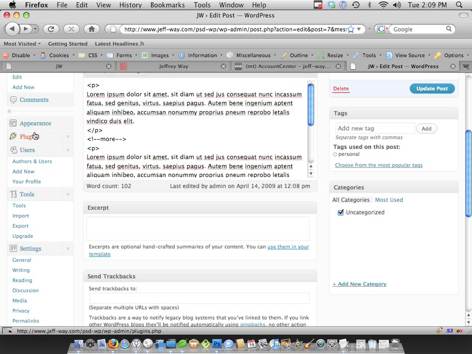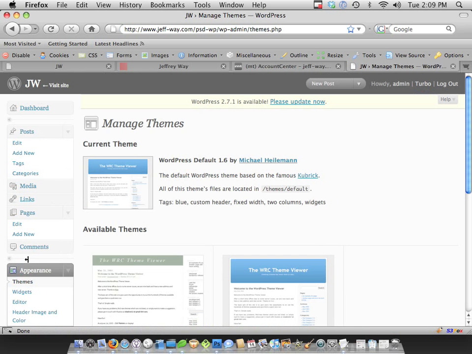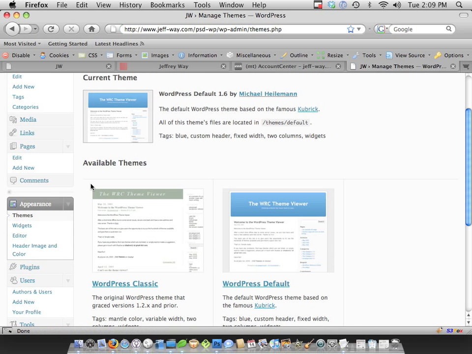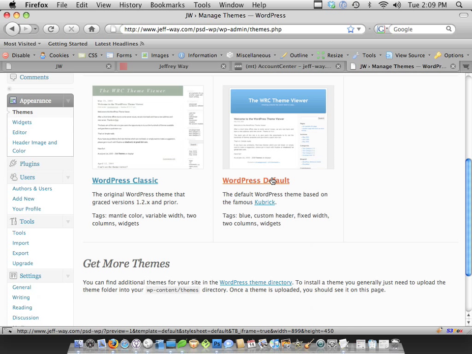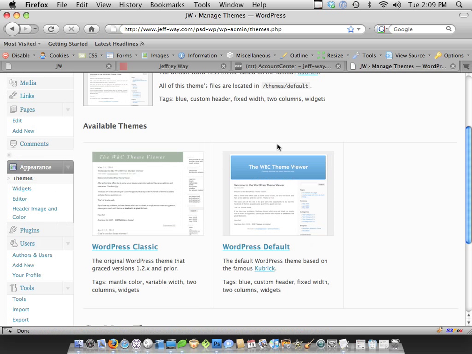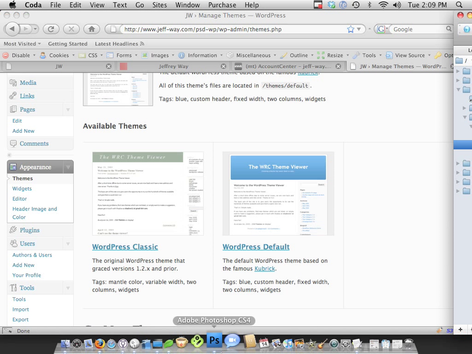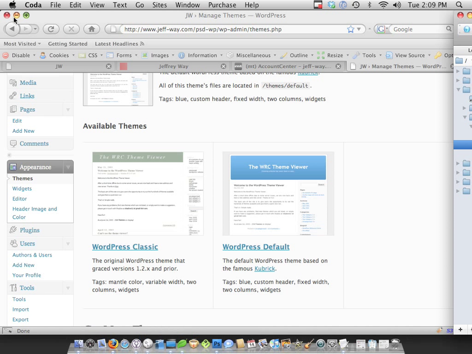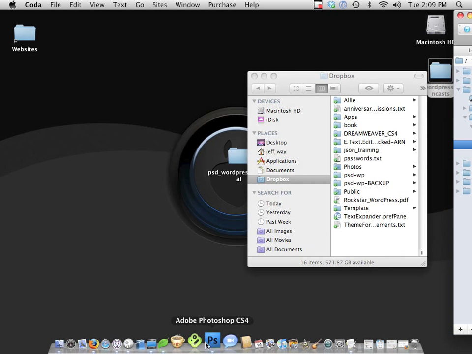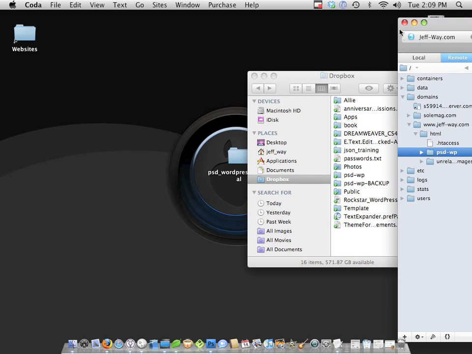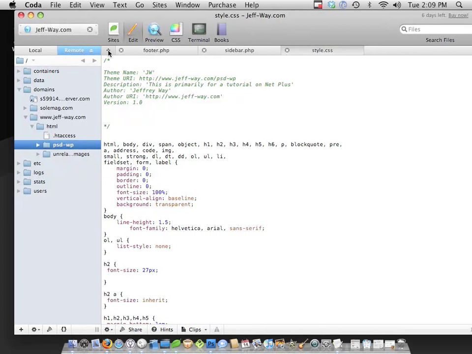So if we come into Appearance, and then we go into Themes, we can see we currently have the WordPress default theme selected. So the first thing we want to do is create our own theme. So what you need to do, this is going to be different for you, but you need to log into your server. So I have Coda open. I'm going to close this out. There's Coda. What are you doing over there? Let's bring it over,